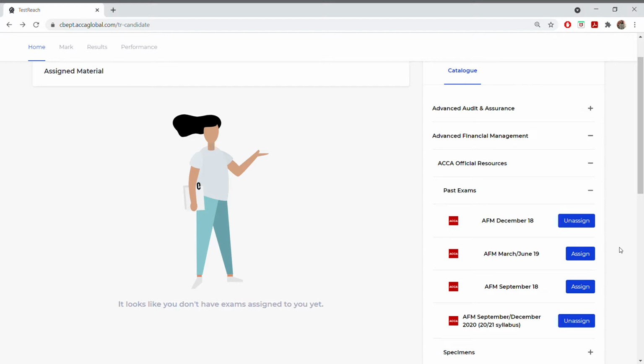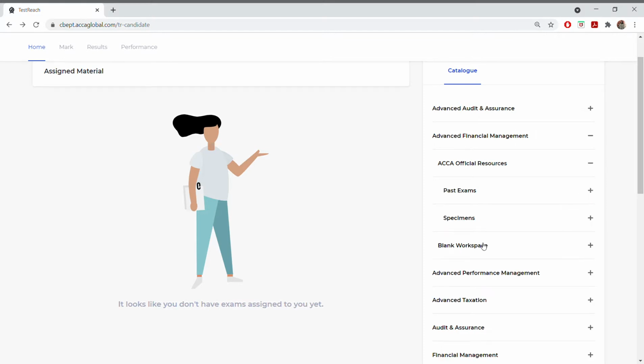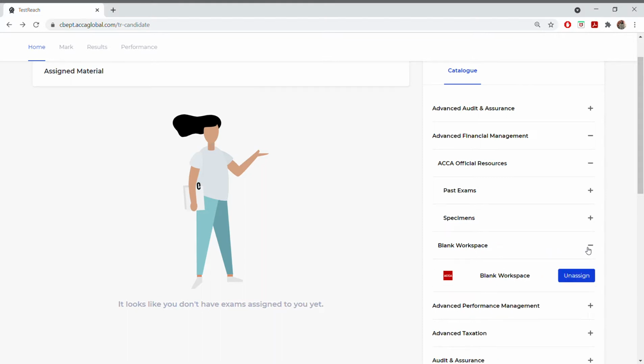So the great news is this blank workspace, which I came across yesterday in a post on LinkedIn. Someone posted that she had been using this blank workspace, so you can use the blank workspace to do any questions, right? You have to keep the question paper in front of you, or the past paper. You have to keep referring back to that question, right? Definitely the questions will not be in exhibits, but you do have the response options.